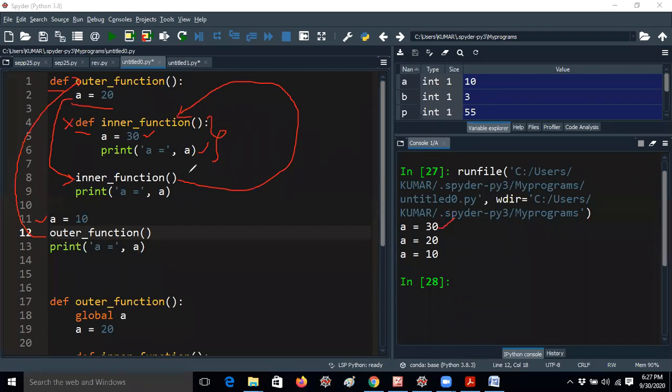After completion of this inner function, it will execute this line, but this line belongs to the outer function a. That means in the outer function I have defined the variable value a equal to 20. So now a equal to 20 will be printed here. After that the outer function is also executed, because all the conditions in the outer function are completed. Then it will go back to this position, the outer function is completed, and it will move to the print line. So here a value is 10 only. It will not take 20 and it will not take 30. It will take only 10, because it is a local scope to the particular variable. That's why I'm getting 10.